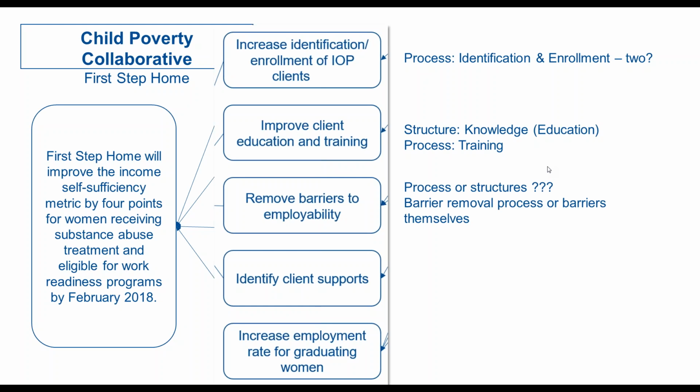And again, this is where we want to become more clear to ourselves and others. To remove barriers suggests potentially a process, that there might be some formal set of work, some formal step-by-step actions that we take in order to actively remove barriers from a person's life that prevent them from being employed. The other thing is to think of the barriers themselves as intangible structures, something that is itself a thing that is in the way. And so if they are structures, then they are inherently part of the system. We think about how we could remove them from the system for all time.